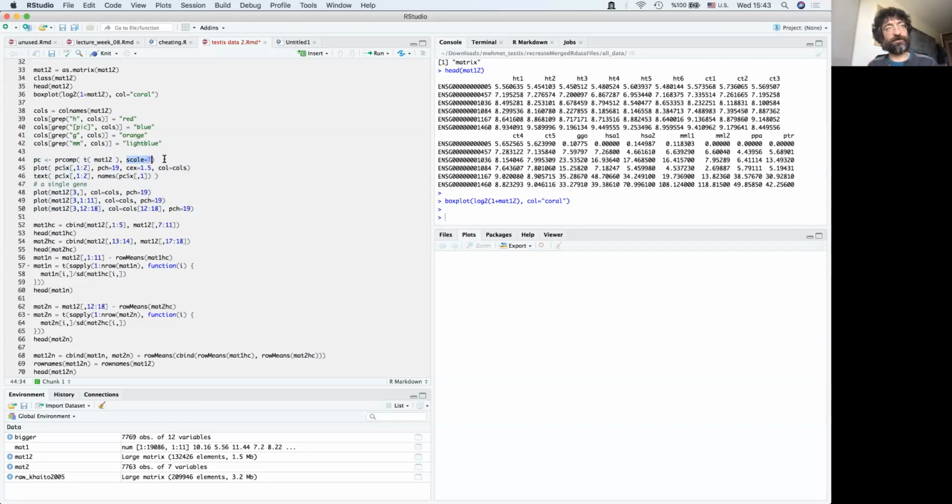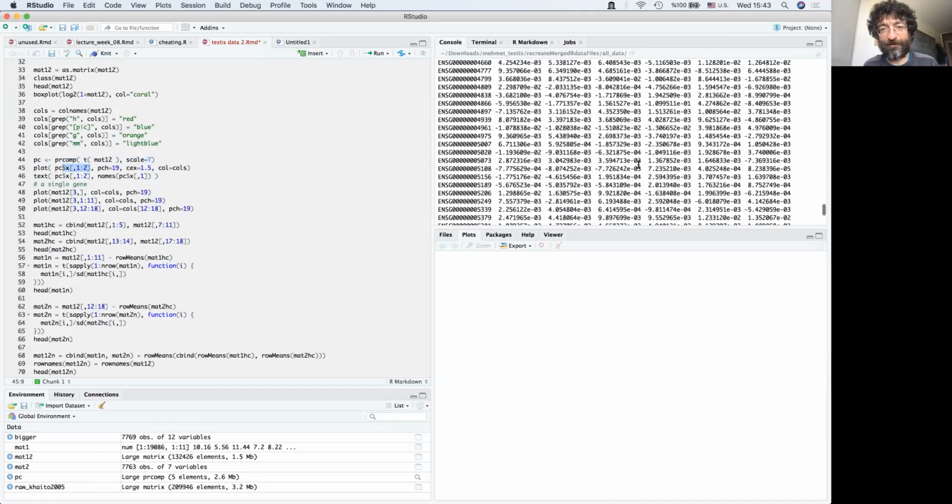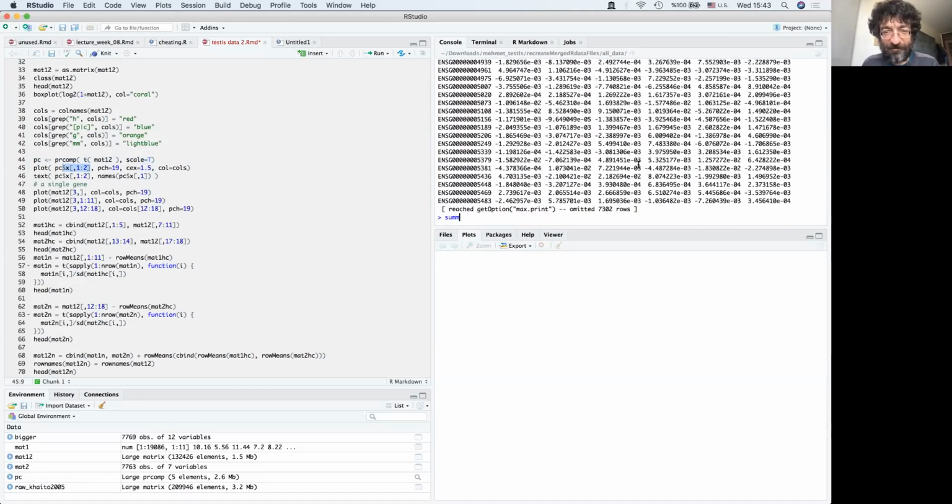Anyway, it's scaled so that each column has equal mean and variance, so that all the genes are contributing equally to the overall variance. And we run this, and then if you just say PC, you will obtain a lot of results.